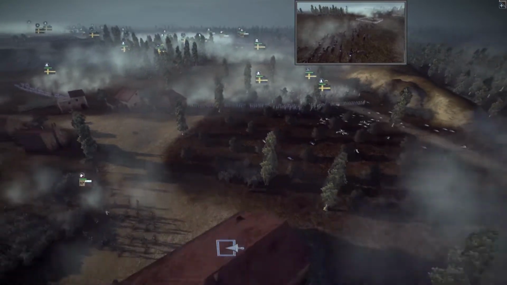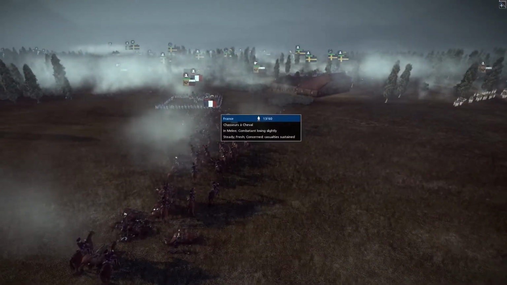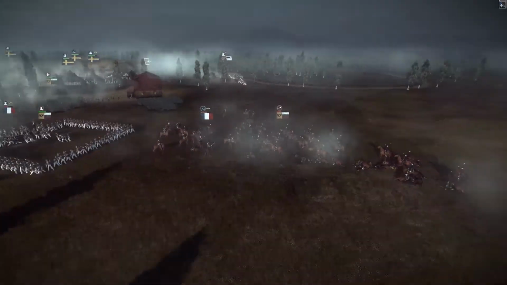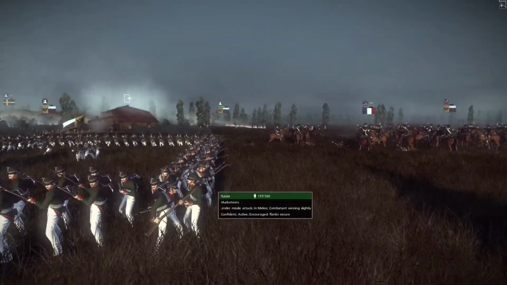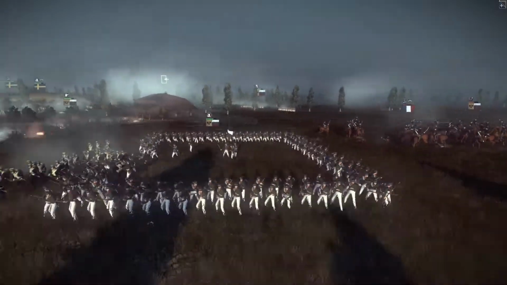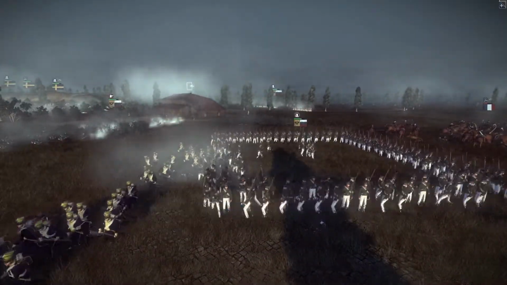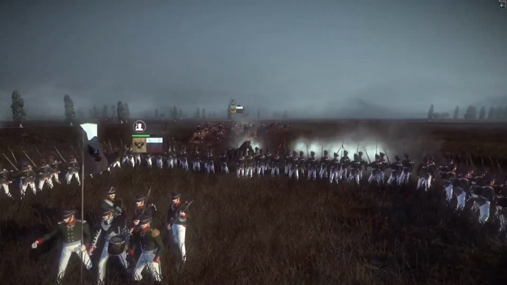And the Swedish are finally starting to push back. The Russians are giving ground here. The Carabiniers is back once again, and Cossack cavalry are trying to deal with them as well. You would think that this unit here would be able to volley on the French cavalry, but maybe they cannot do that while they're engaged in melee against the Polish Legion. There we go. Now they should be able to do something, and that has just saved the Russian Cossack cavalry